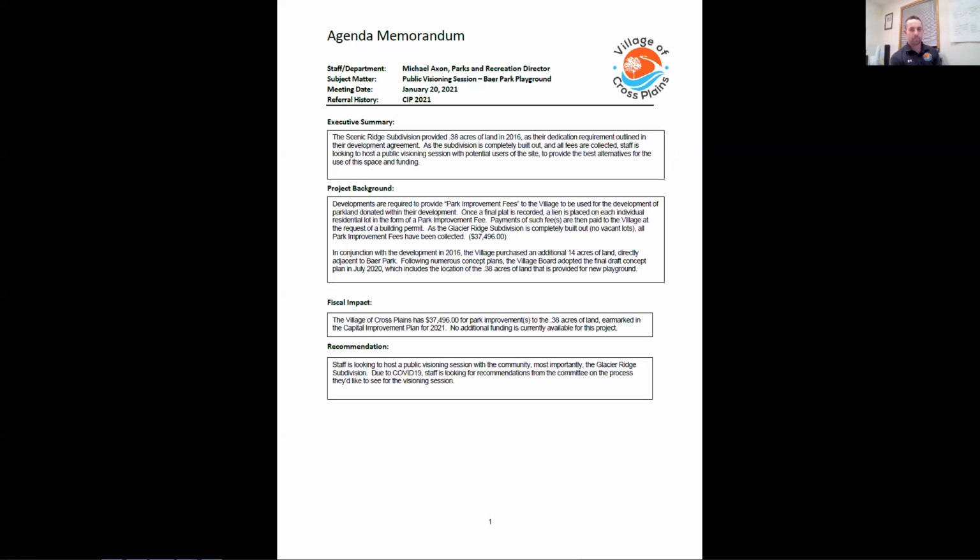So at a future time, I will, or if you have some ideas on what colors you'd like to see, you can let me know and we can bring this back. But once we understand how many gallons of paint it's going to be and brushes and how many volunteers, I'll request that we use park improvement money to fund this project